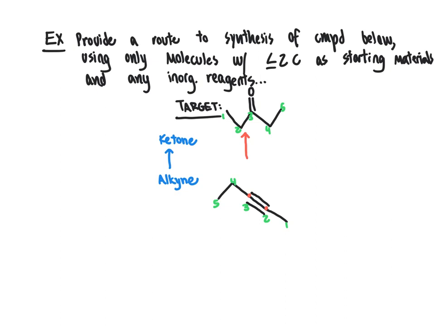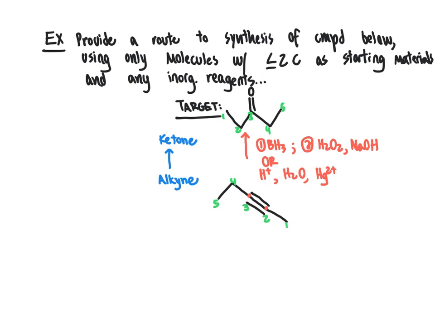So we could do hydroboration oxidation, which, remember, in order to use this, you have to incorporate borane first, followed by our oxidation with peroxide, and we'll also have sodium hydroxide in there. That would be the hydroboration oxidation option, or acid catalyzed hydration, which would be our acids such as sulfuric acid, water, and mercury catalyst, Hg2+. Either of these will work here, and do keep in mind that based on the starting